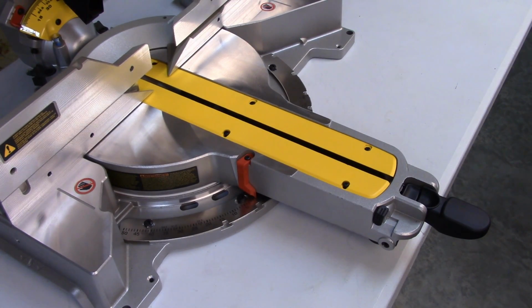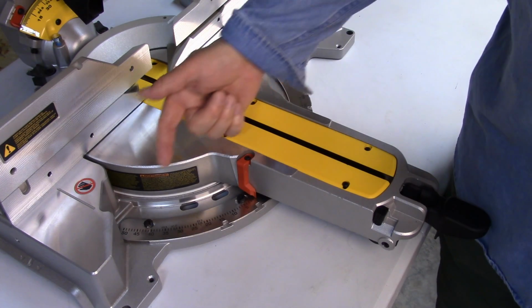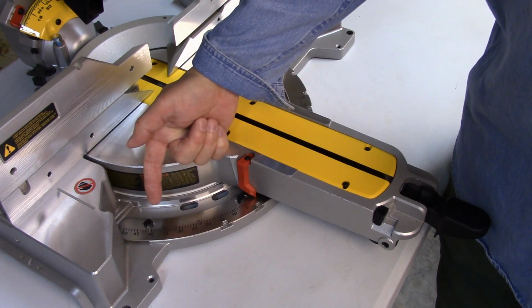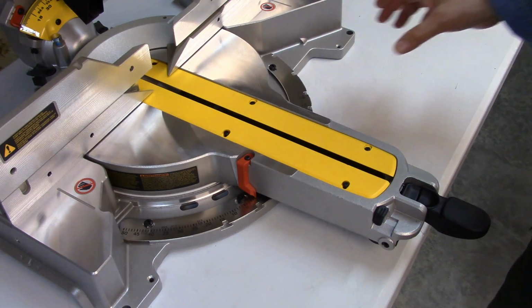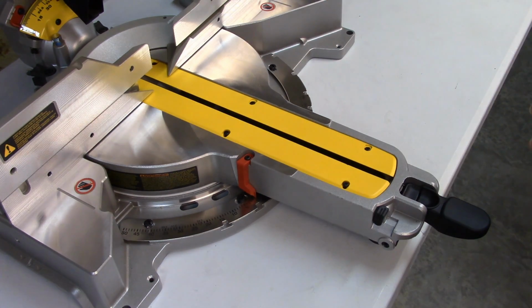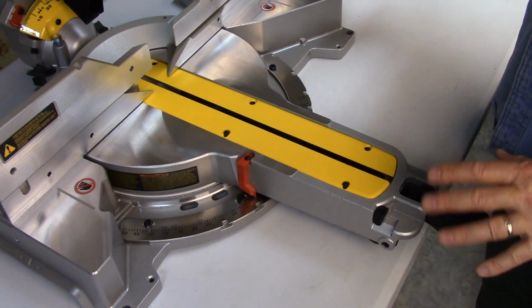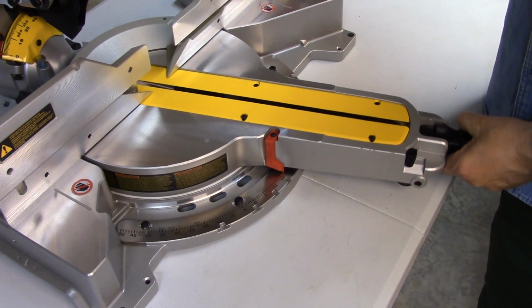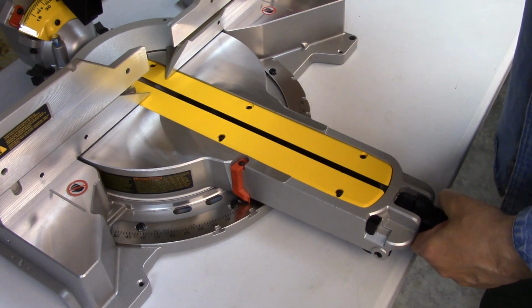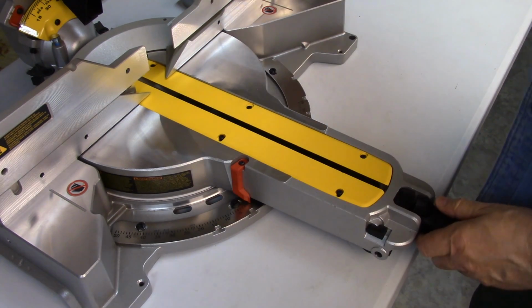Let's take a look at the miter control on the DeWalt. This is what I shared with you in an earlier segment. This plate right here is adjustable via 2 screws on the left hand side and 2 screws on the right hand side. If this lever's up, then you don't have to depress anything to move the miter gauge to where you want it. Okay? Now, once you lock this down, it locks it into place and it's not going to